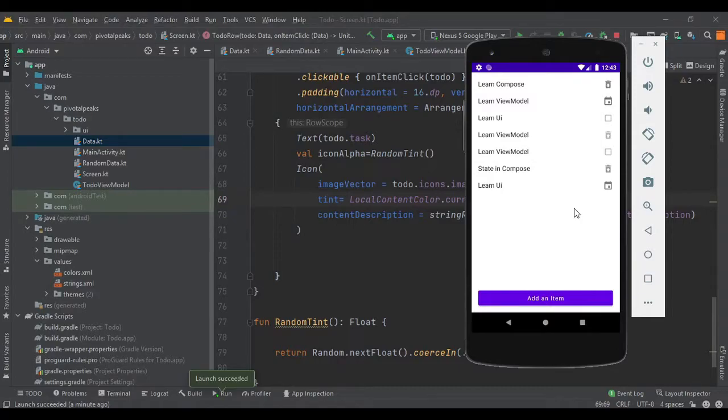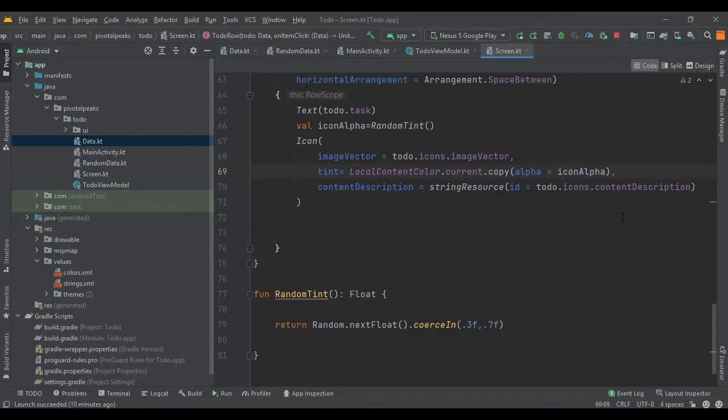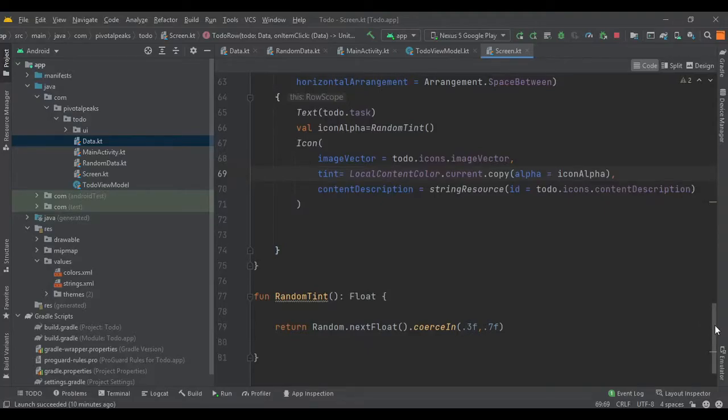So let's save the value of the tints so it does not change every time we add a new item. So let's do it. So let's save our tint value. For that we are going to use the remember function.